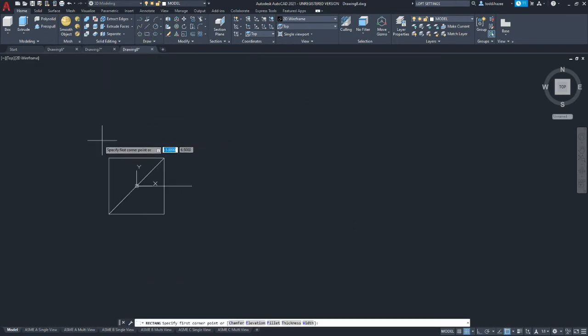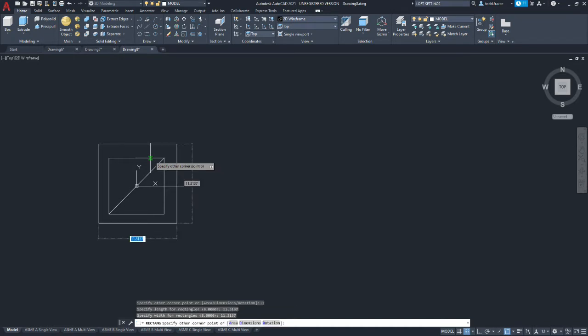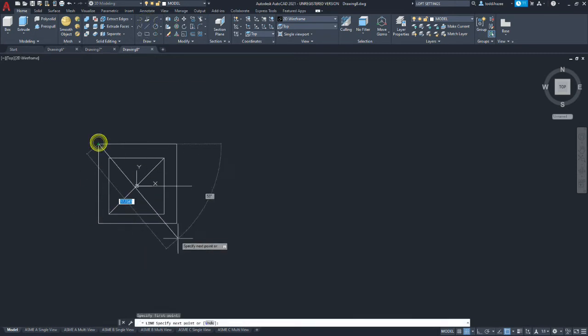We're going to do a rectangle, pick our first point, we're going to type D, and we're going to make it 11.3137 by 11.3137. And that should be our second rectangle. We're going to draw a line from corner to corner on that one as well.